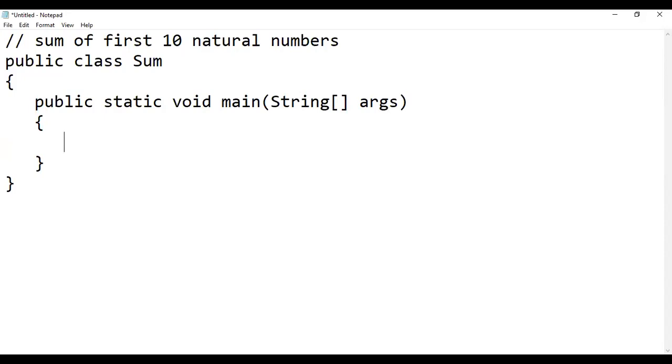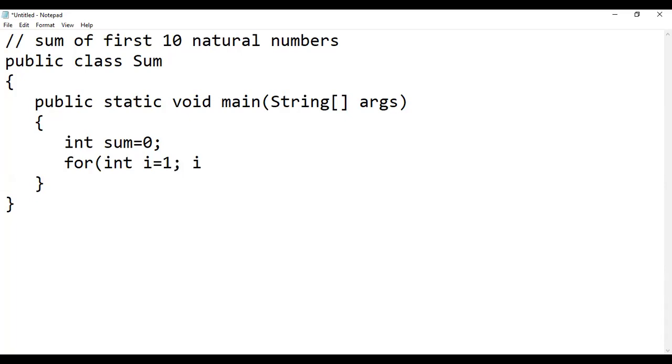Initially sum will be 0. So firstly we declare a variable sum and initialize its value 0. Then the for loop will start. We start from 1, so here we declare our variable I and initialize its value to 1.